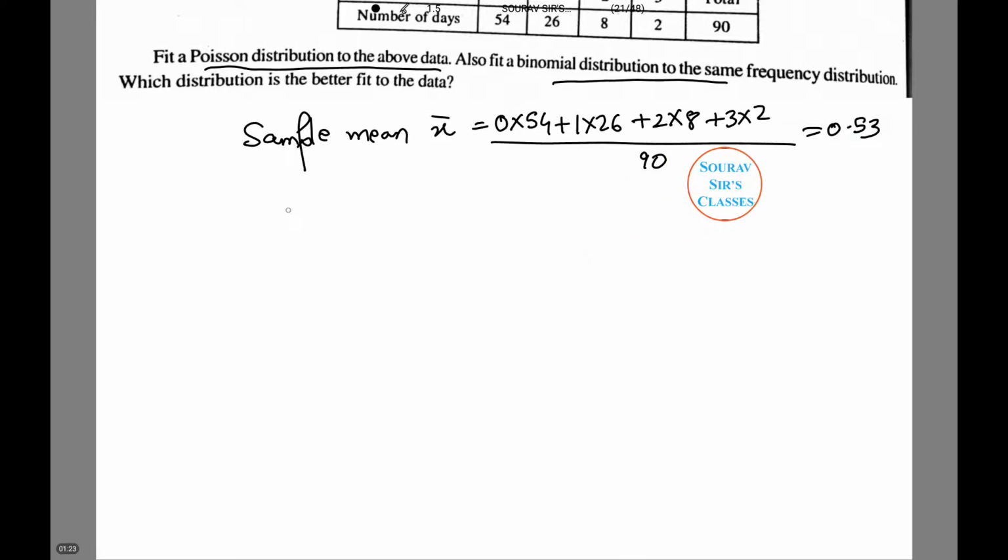Now equating X bar and lambda, we have an estimate of lambda hat, which equals 0.53. Hence the fitted Poisson probabilities are